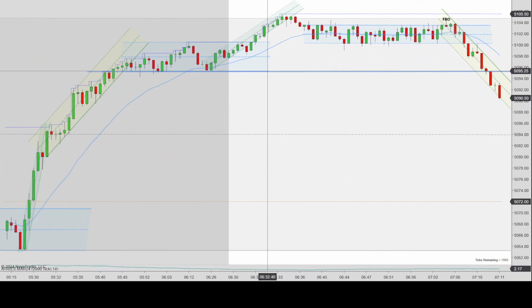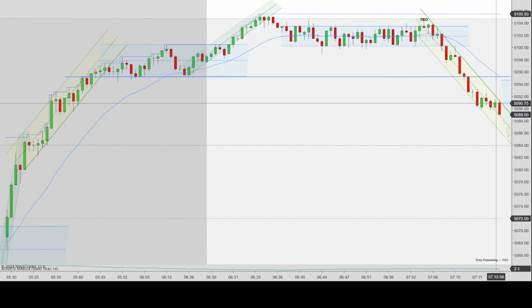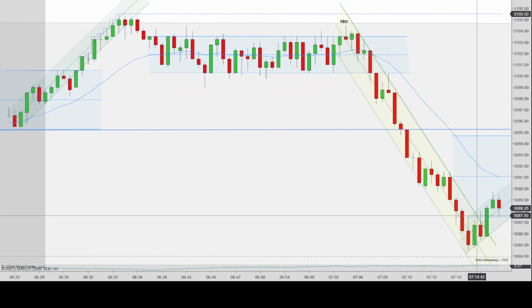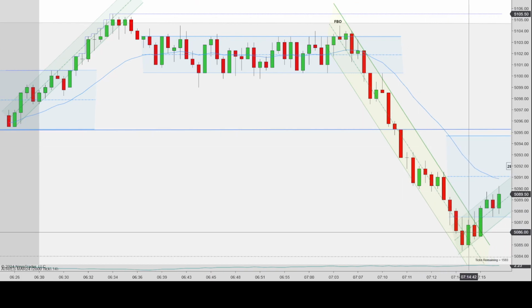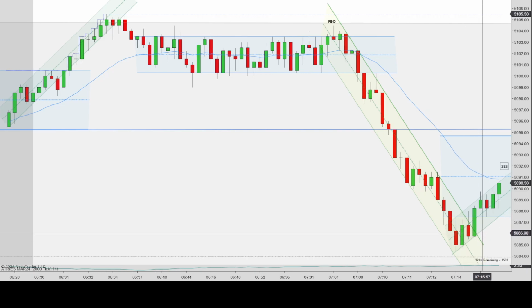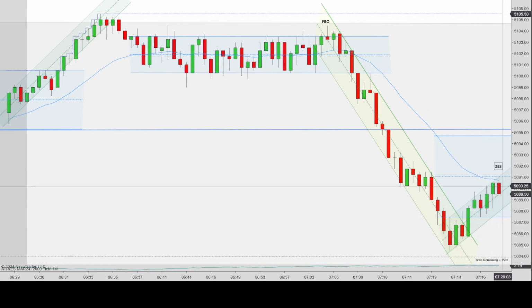I drew this blue line here because I thought there might have been some kind of support that would be respected all the way out to here, but it didn't. It just kind of flashed through. No real good second entries that I could see. Goes down to the bottom. It breaks out of this yellow channel, and I saw this as one attempt up, one attempt down to test the lows, comes back, and then here it's about to start the second attempt.